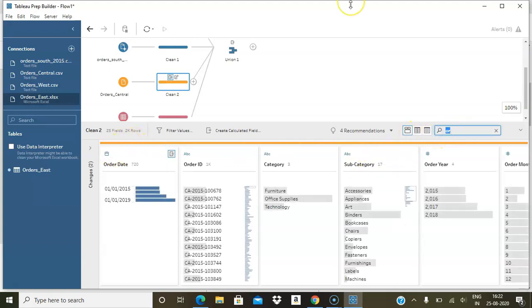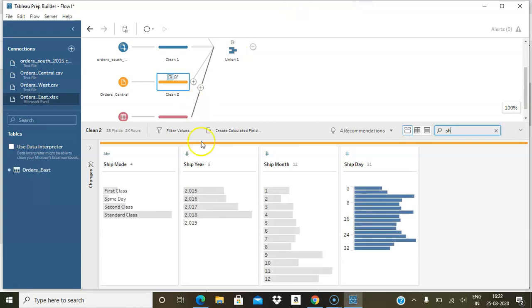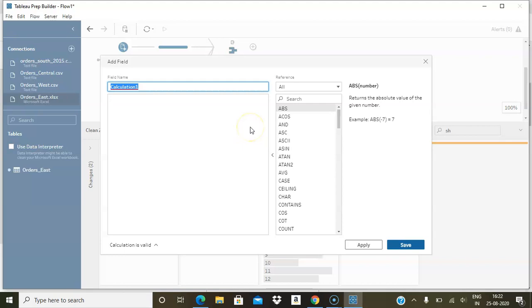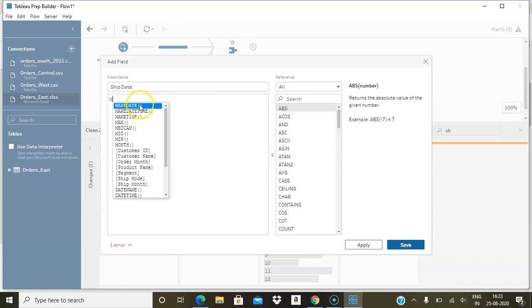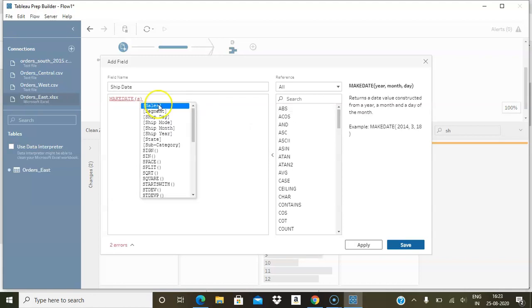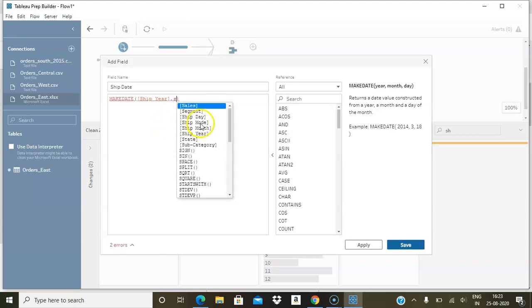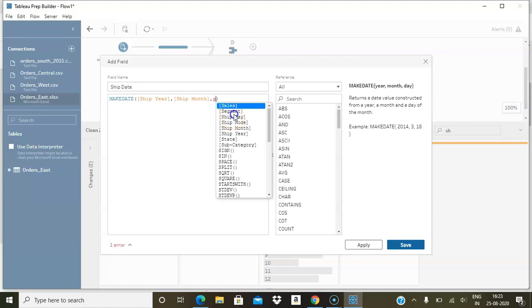Similarly for ship date also. See, it is year, month and day, no? So create another calculated field for ship date. Use the make date function and give the input as ship year, ship month, ship day.